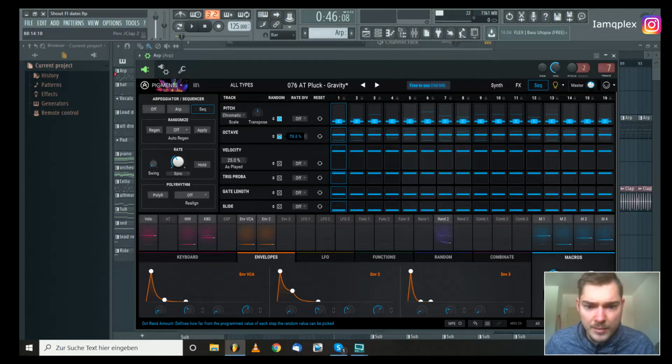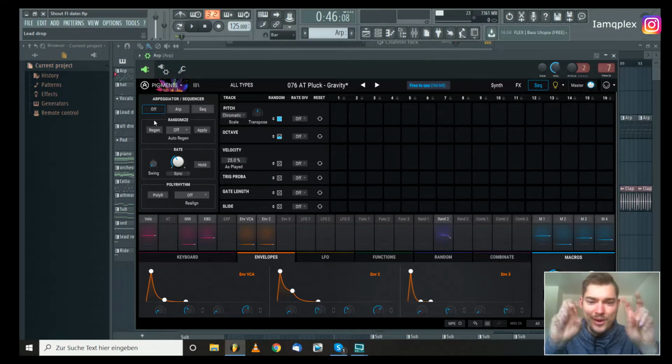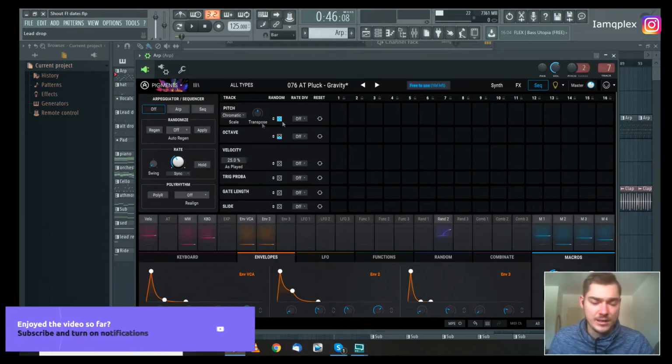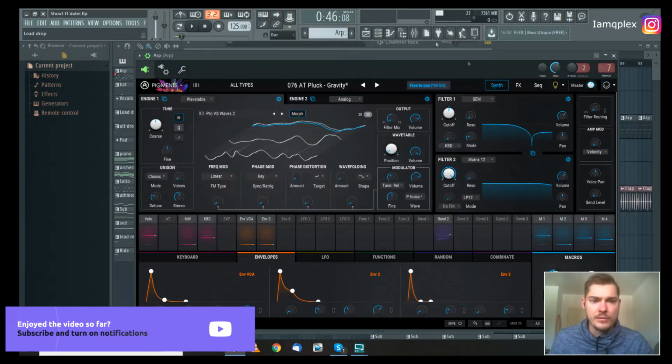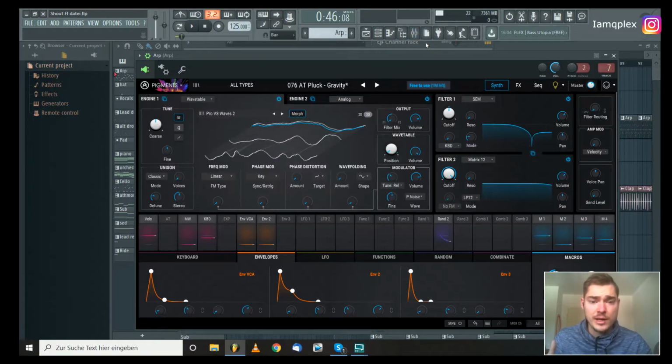Let me put it back on 50%. You can also put the velocity or the gate length on it. So just play around until you find a nice arpeggio which you like. Then, if you have the settings you like, keep pressing one key note, and there you have it. That's actually the creative way of creating an ARP. And if you are at the point that you like the ARP and you have the right key,